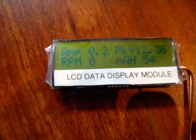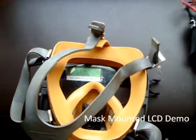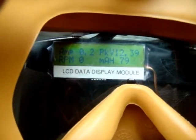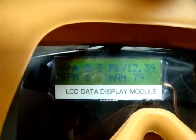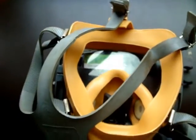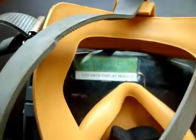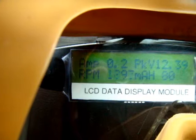Just for demonstration purposes and to give you an idea of relative size, I've temporarily secured the LCD data display inside a standard AGA full-face communications mask. So you're looking at the data display unit in the mask, and what I'll do is control the speed of the motor to again give you a relative idea. So, turning the motor on,